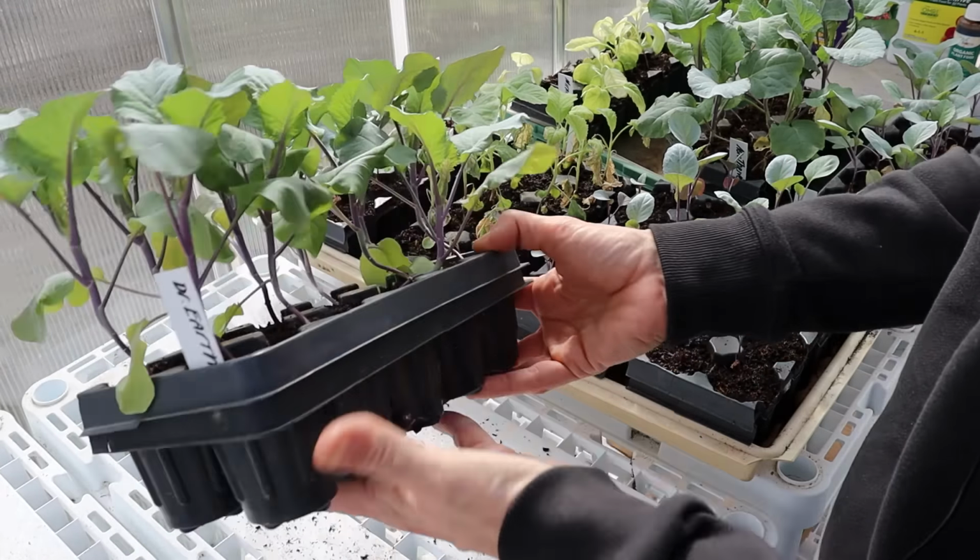Let's take a look at that root development. Nice, same. Very similar to the AgroThrive. That is nice root development. Again, a little overgrown, with the roots starting to circle around the bottom of the pot there, but I will take it. Now in third place, I actually ended up with a tie between the Job's granular fertilizer here and